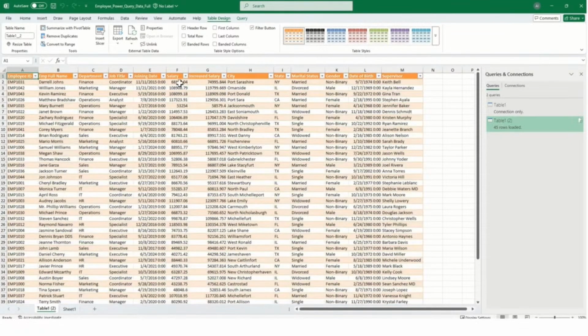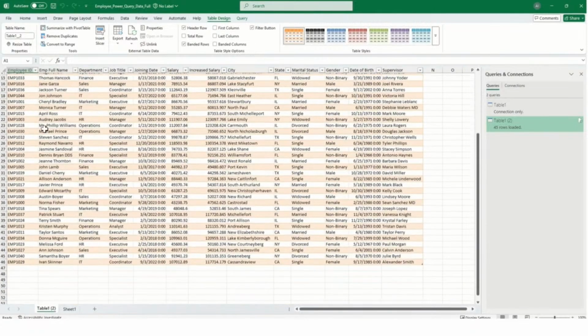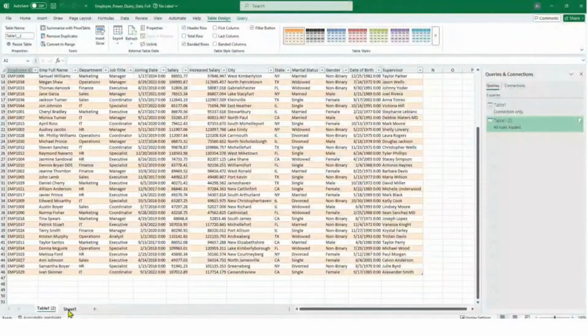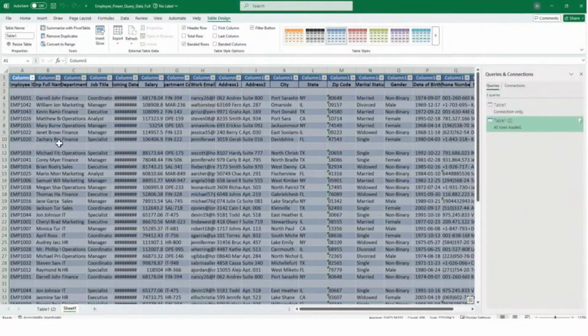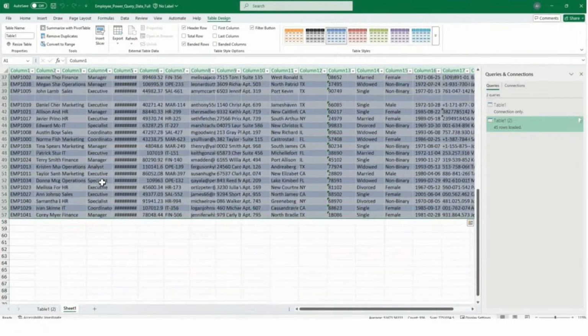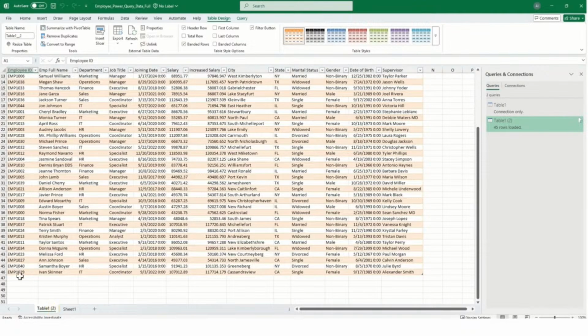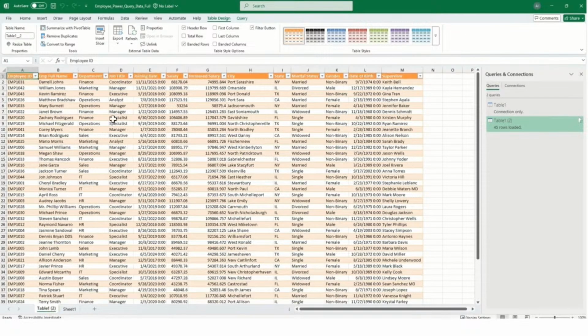अब हमारे पास पूरा फॉर्मेटेड डेटा अवेलेबल है जो कि इस न्यू शीट में है, और हमारा ओरिजिनल डेटा जो कि एक रॉ डेटा है वो हमारी पहली शीट 1 में अवेलेबल है। ये देखिए, शीट 1 में हमारे पास 57 रोज हैं, लेकिन डुप्लीकेट रिमूव करने के बाद फॉर्मेटेड शीट में सिर्फ 46 रोज हैं।